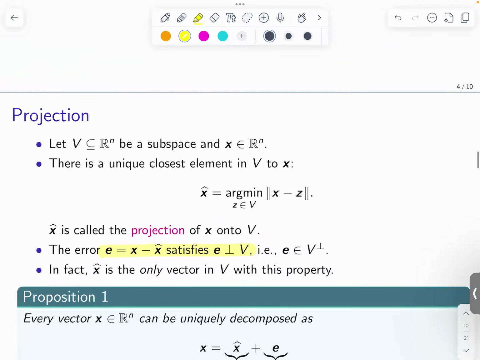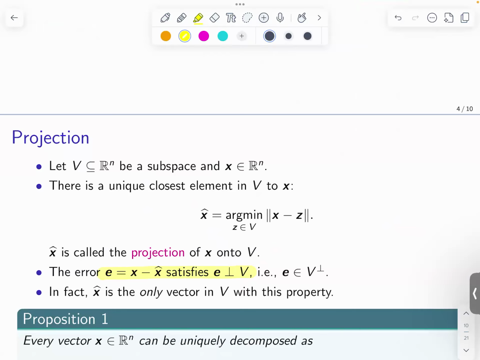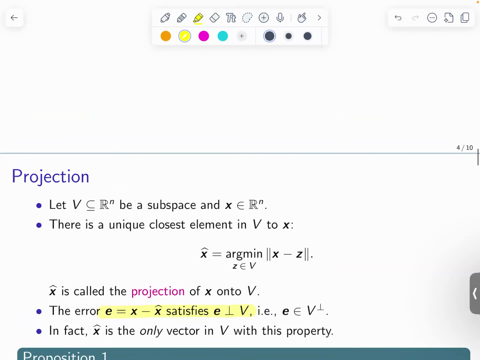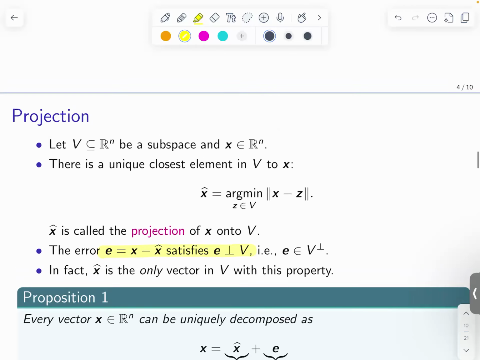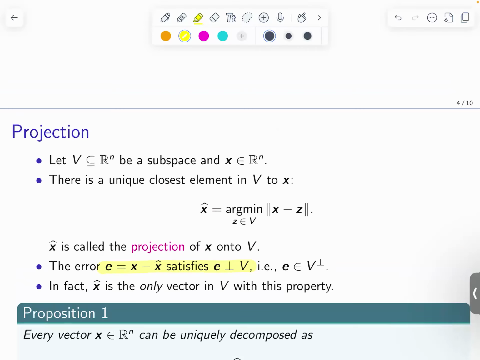So the projection is uniquely characterized. It's the only vector that has this property. Yes. The question, I think it's a good one, but